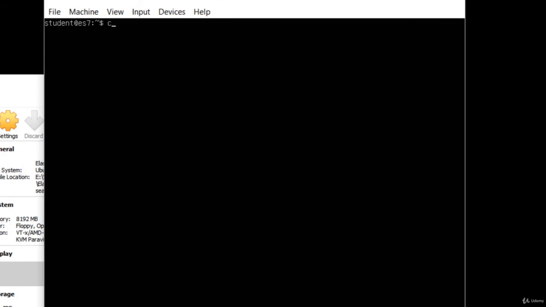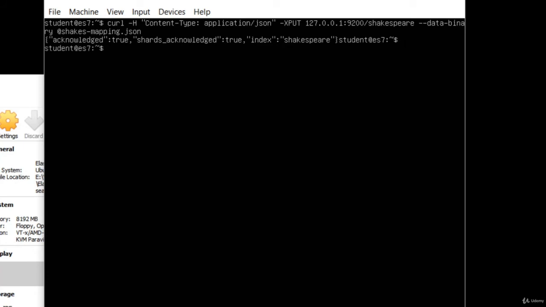Thusly, curl -H "Content-Type: application/json" -XPUT 127.0.0.1:9200/shakespeare, that'll be the name of our index, --data-binary @shakes-mapping.json. And that has submitted that data type mapping into Elasticsearch, so it knows how to interpret the data that we're about to get. Let's go ahead and download the actual works of William Shakespeare with wget